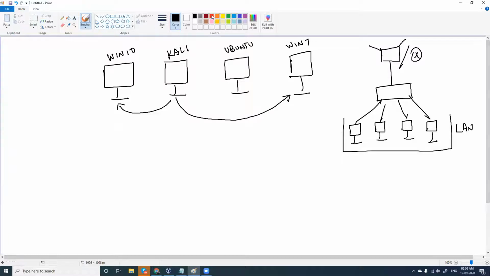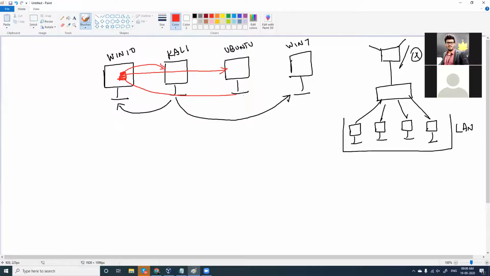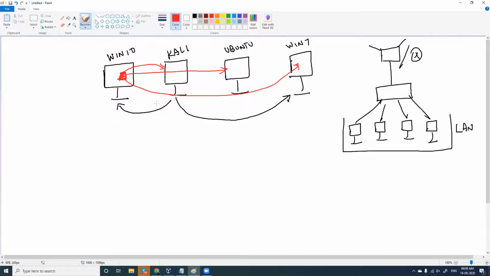So what we do is install VirtualBox here, and inside VirtualBox, I install Kali Linux. Inside VirtualBox, I install Ubuntu. Inside VirtualBox, I install Windows 7. So what happens? All these operating systems can run simultaneously at the same time, each in a different box. I'll show you how it's in a different folder. And yes, all these computers will again have different IP addresses. This is 1.2, this is 1.3, this is 1.4, this is 1.5, just like what we have learned in IP addressing and how we configured it in Packet Tracer.